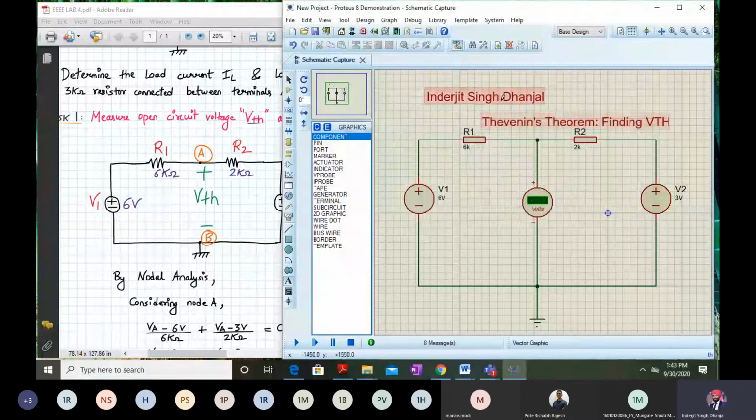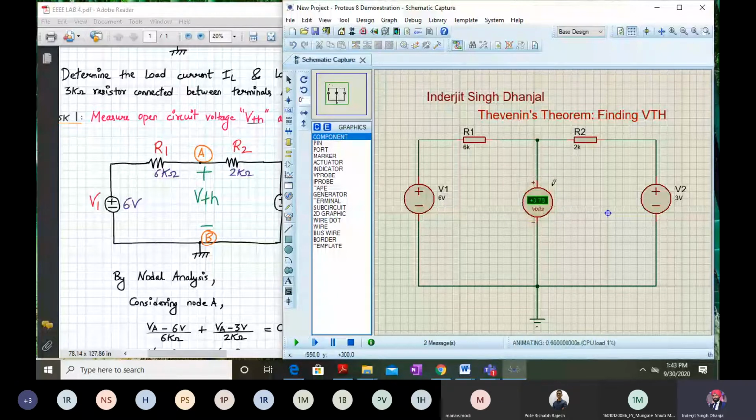Okay, and I place it over here. I think it's already there. Okay, fine. So for finding VTH, I've repeated the procedure. We'll remove the RL resistor from the circuit, and just place a DC voltmeter over here, and I simulate the circuit again.